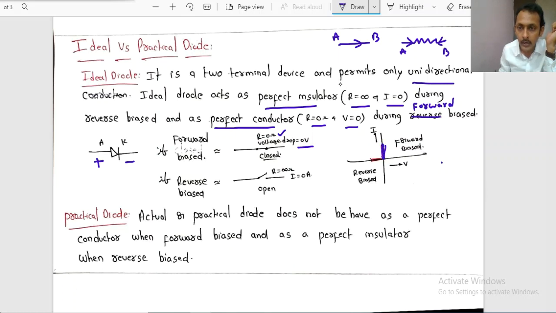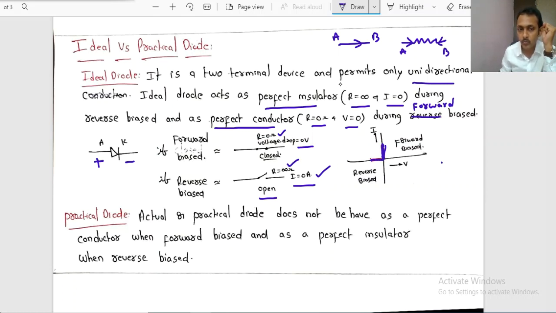During forward bias condition, you can observe the current on the y-axis, and during reverse bias condition, it is almost like an open switch. The resistance offered is equal to infinite ohms. At that stage, once it is kept open, the current must be equal to 0 amps if it is an ideal diode. Now during the reverse bias condition, you get a graph like this, current on the negative